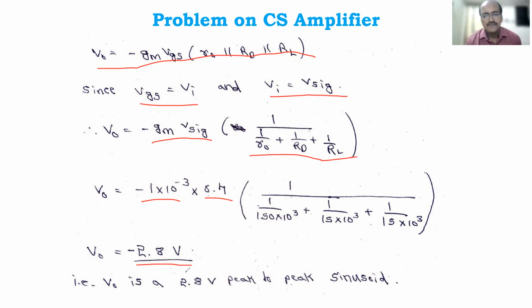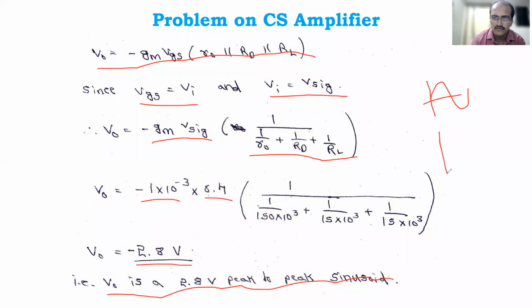Okay, so this is a minus value, but V naught is a positive value, right? So it is a 2.0 volt peak to peak sinusoid. You have to write like that. It is written from the AV, so what is the meaning? Minus voltage gain. If you are applying a sinusoid of positive and negative sign like this, the output will come as the complement of that. For the positive cycle you will get negative, that is the minus sign. But while writing V naught, it will be a 2.0 volt peak to peak sinusoid.